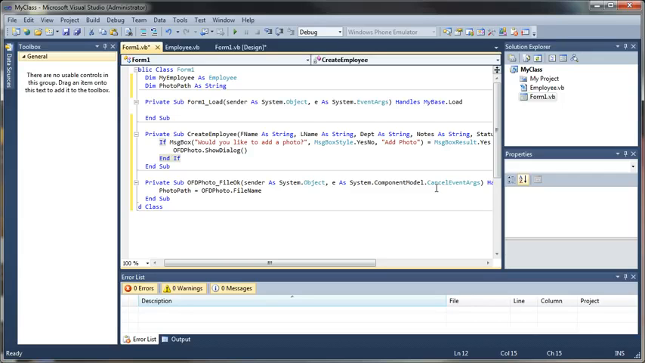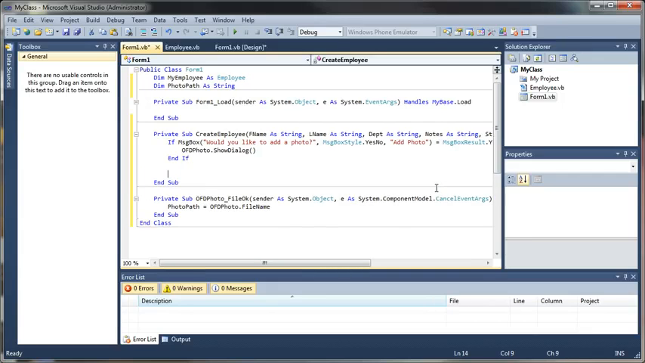And then we can go back up to our create employee, and what we're going to say is if the photo path is blank, then my employee equals a new employee without a photo. Otherwise, it's going to create a new instance of our employee with a photo in that optional parameter that we selected. So to do this, what we will say is if photoPath equals a blank string,